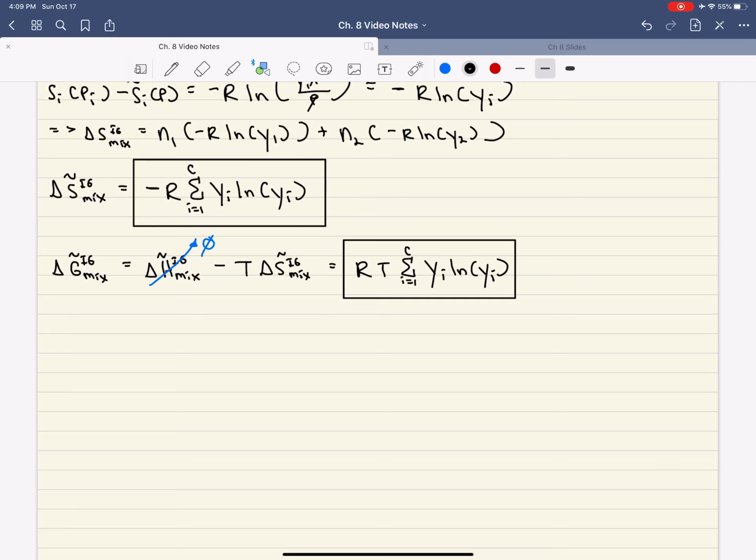Okay, and if we expand it out, since here we're just looking at the delta G mixing, if we just want the absolute value of G at some temperature and total pressure, it would be equal to this. Hi of the ideal gas per components at some temperature minus T Si ideal gas at some temperature and total pressure plus RT ln